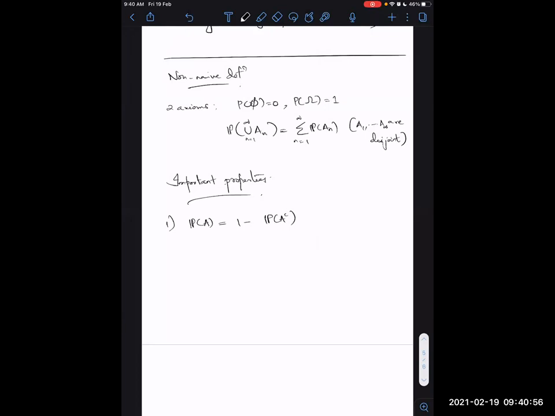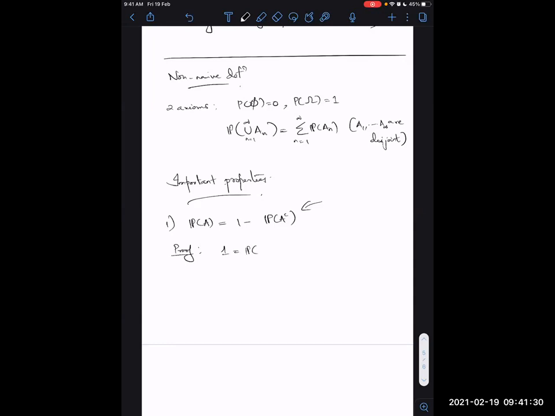And I need you to prove this using only the two axioms that we have stated. The proof is pretty simple, and it's as follows. We have been using this formula quite a lot, but we haven't proved it yet. And to prove that, we actually needed this non-naive definition, which we only defined right now. So let's see the formal proof of it.